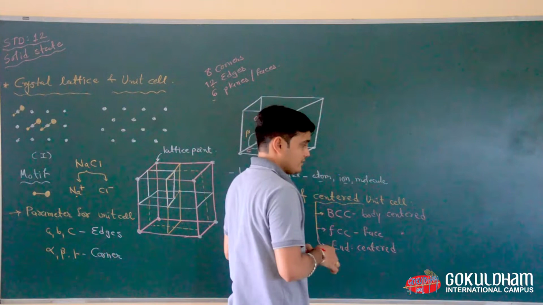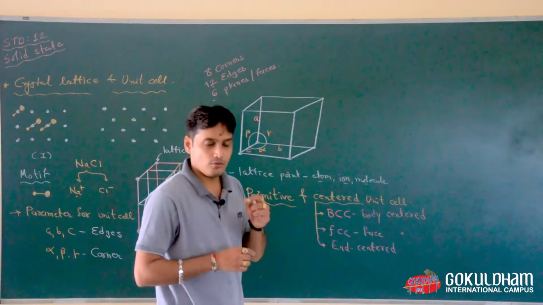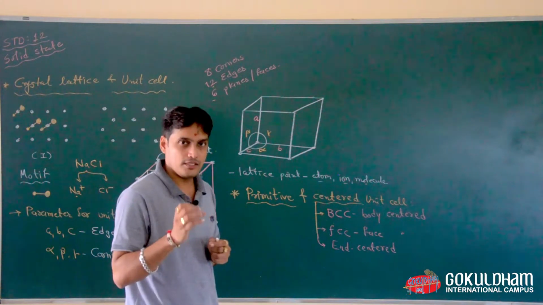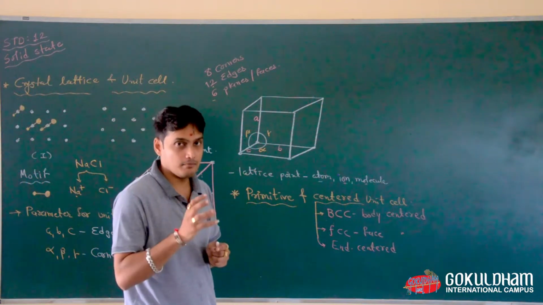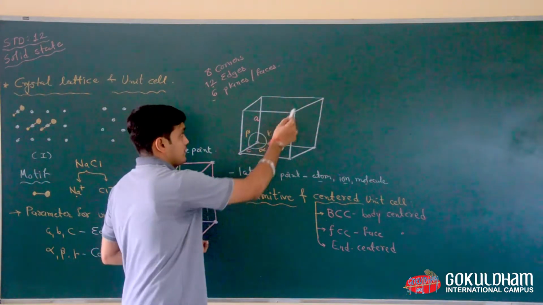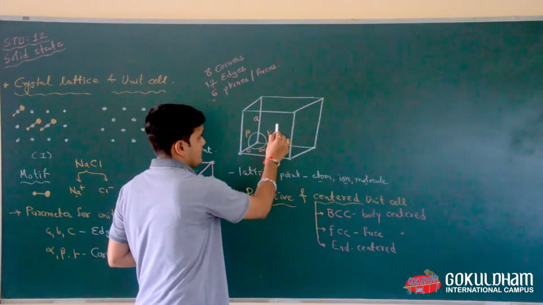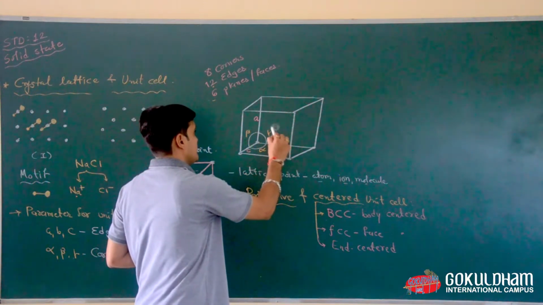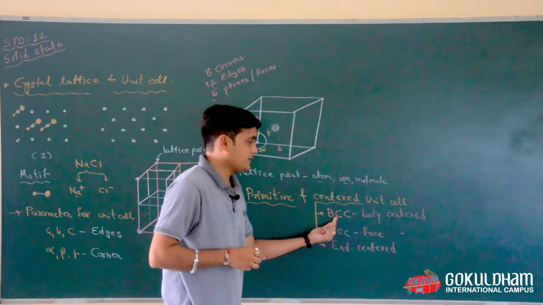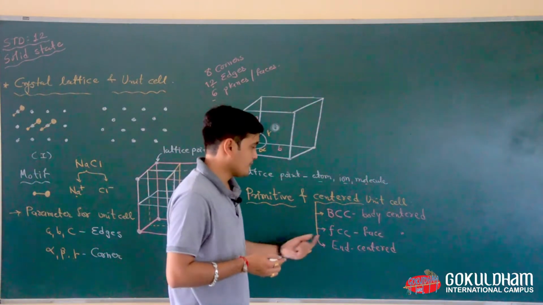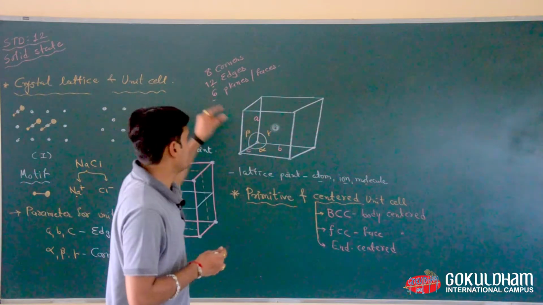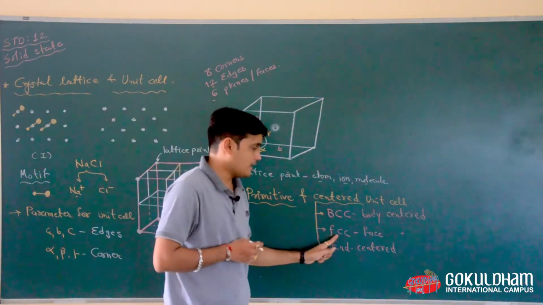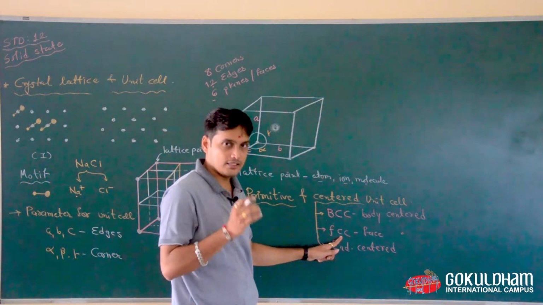In a body centered unit cell, the molecules or atoms are present on the corners as well as one molecule in the middle of a simple cubic cell. This is the simple cubic cell. In this center, there is another molecule present, which is known as BCC, body centered. Face centered, there are 6 faces or planes present in FCC. So 8 corners are there and 6 faces are there.